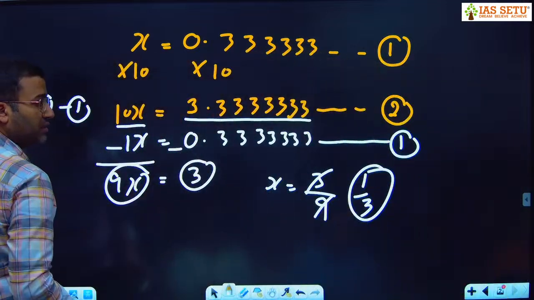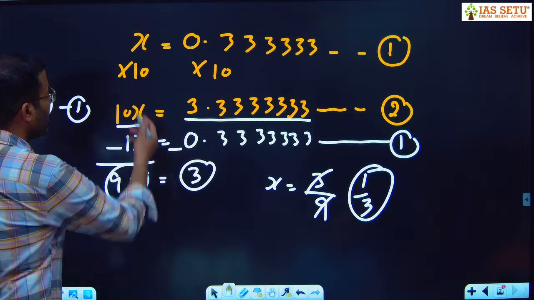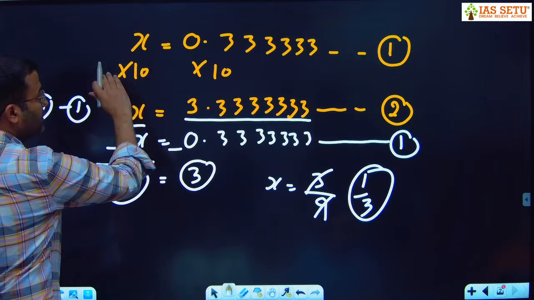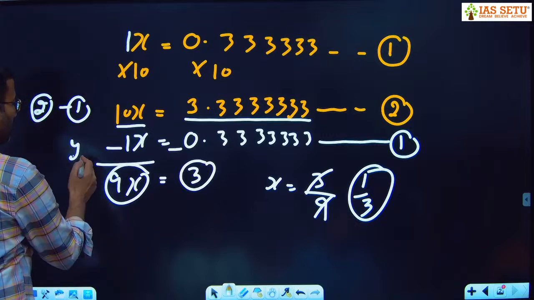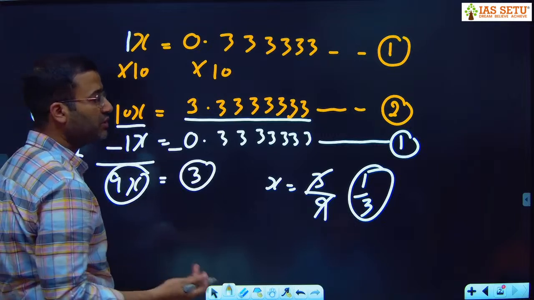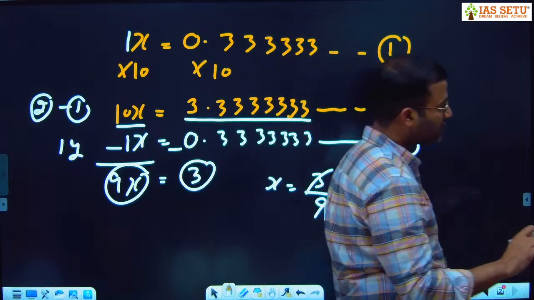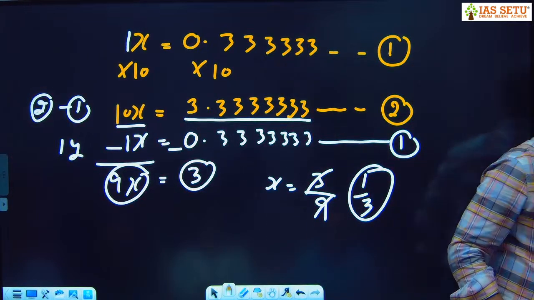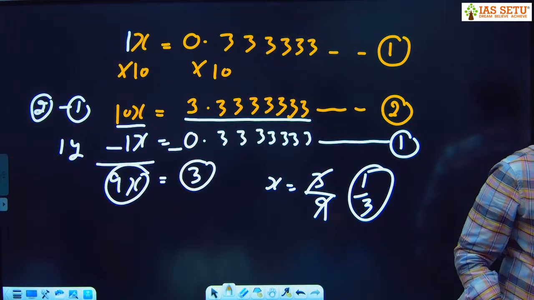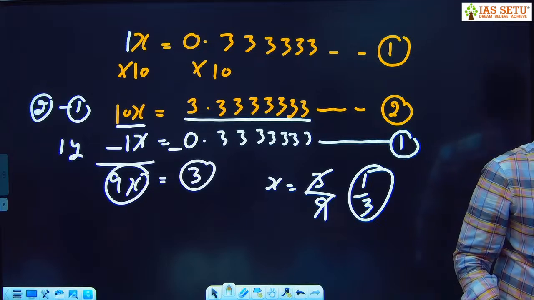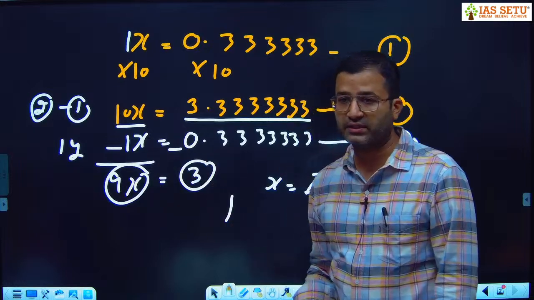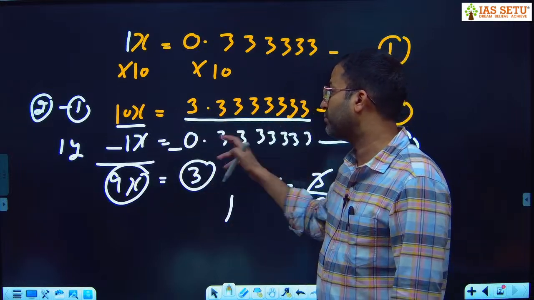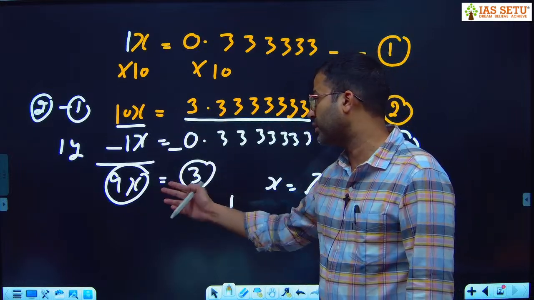10x minus 1x. Here is x; whichever letter has nothing attached, 1 gets attached to it. y, what is y? 1y. z is 1z, x means 1x. If we don't have any other number, it itself means 1x. So 10x minus 1x is 9x, 3.333 minus 0.333 we get 3, so x is equal to